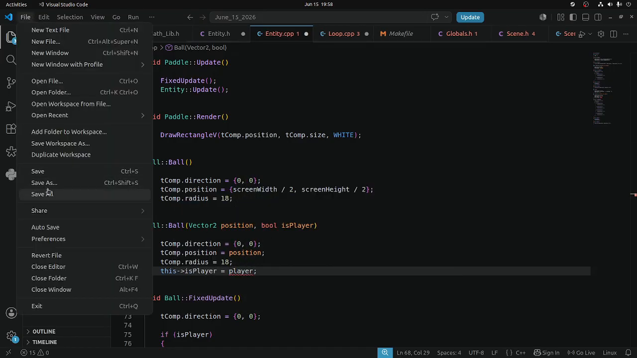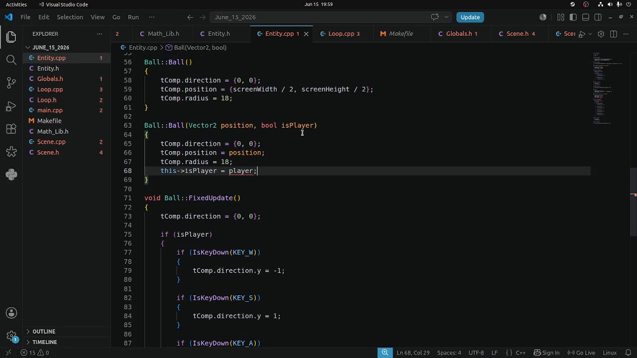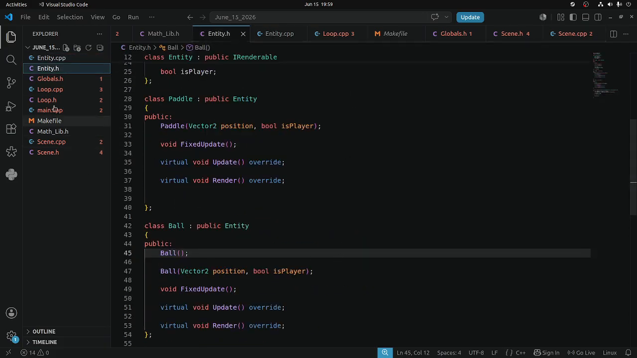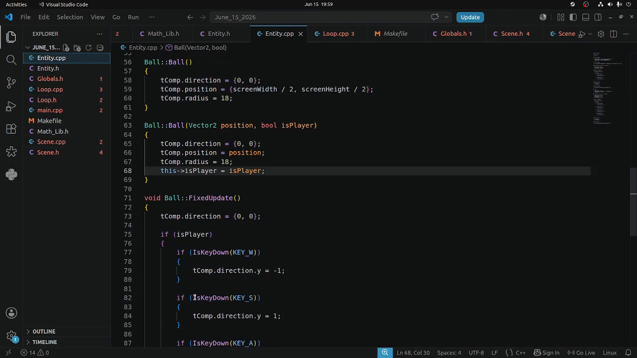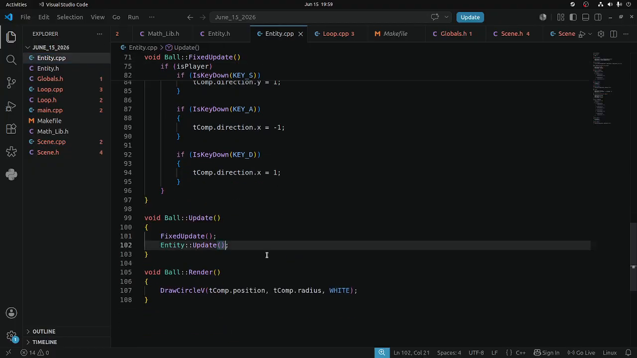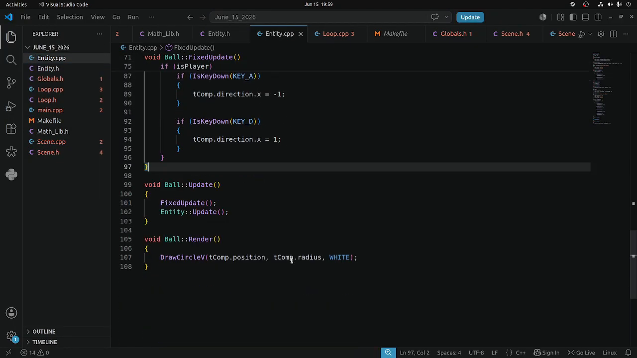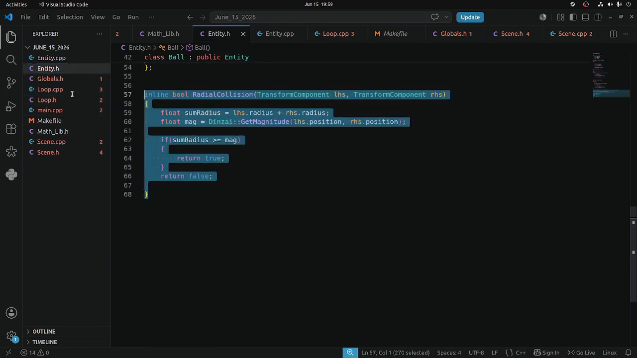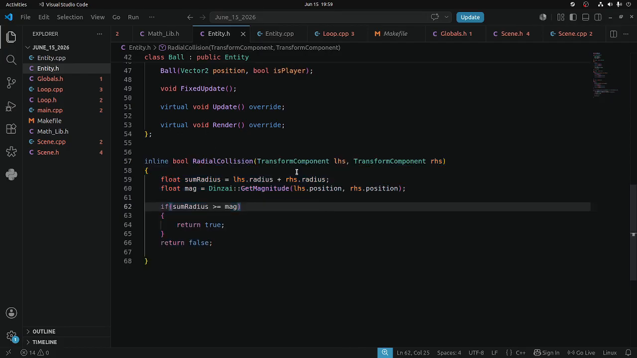All right, and I'm hoping when I show you guys this stuff, it's showing you the scalability of this project here. So just to show, we can make the ball the player, the ball can move, it still uses the update here. It's going to render as a circle. And if we come back over to here, we made this an inline function, and it takes in the transform components of